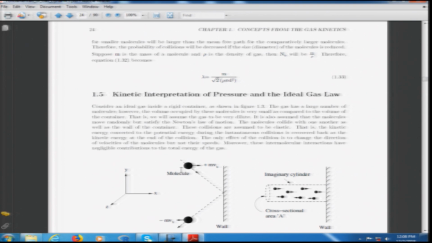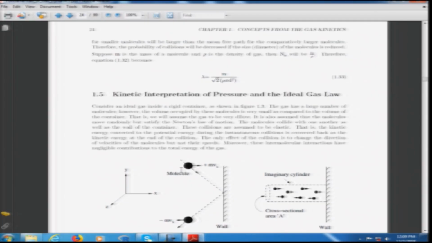Now let us derive a very important relationship, the equation of state for an ideal gas. Let us first see what the kinetic interpretation of pressure is. That means, when these molecules are colliding with the wall of the container, how is pressure defined? Now, for doing this exercise, since there are a large number of molecules in a particular flow regime,